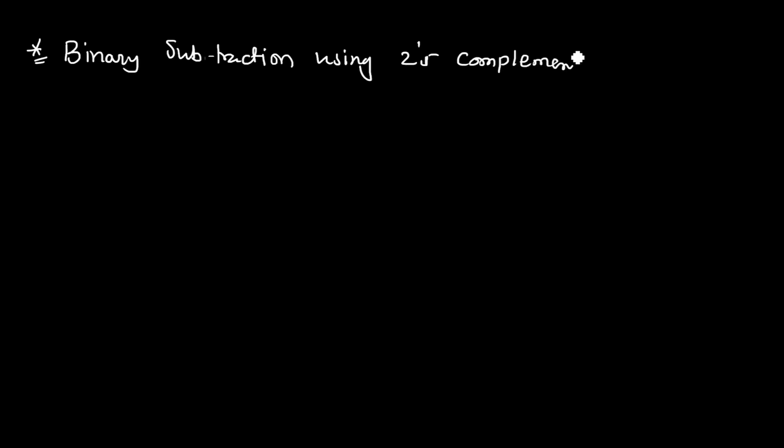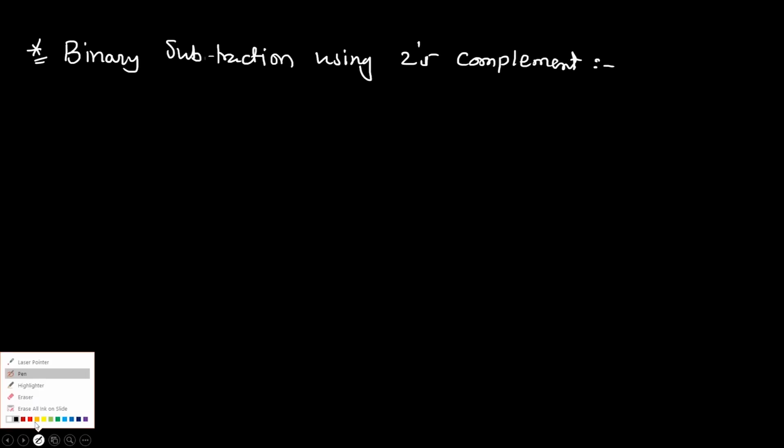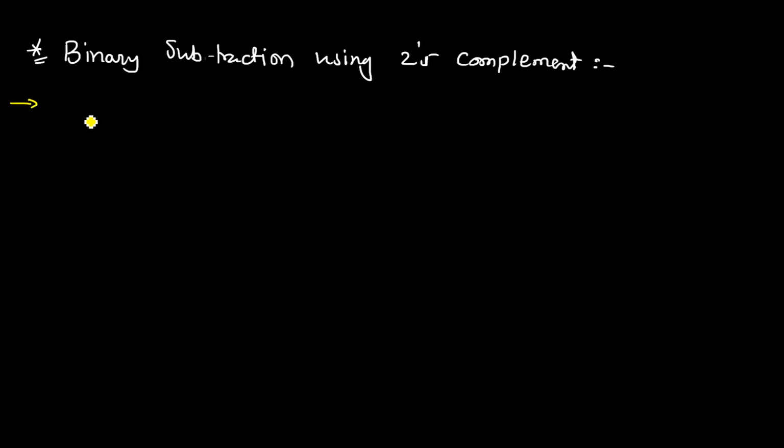Okay, so in a 2's complement subtraction method, the negative number is represented in 2's complement form and actual addition is performed to get the desired result. So let's start with the process of subtraction of two binary numbers. First step, to subtract two binary numbers A minus B, take the 2's complement of B. We have to convert the second number, B, into its 2's complement.